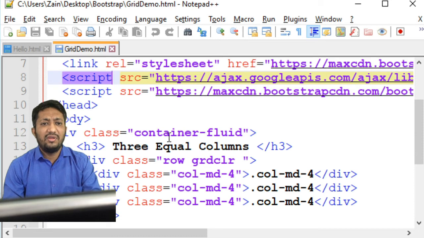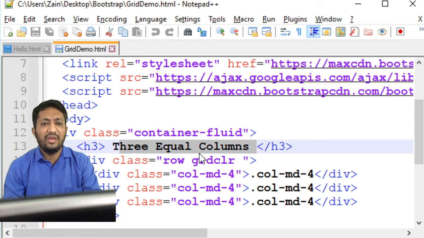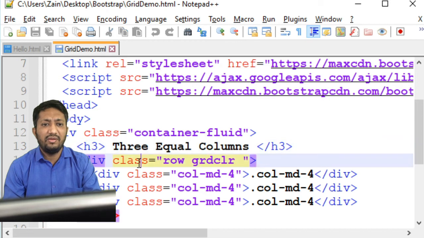So suppose I want to divide my row into 3 equal columns. This program is telling how we can divide the grid system. The whole row is basically divided into 12 parts, but suppose I want to divide it into 3 equal parts. For that, first we take div class equals row.